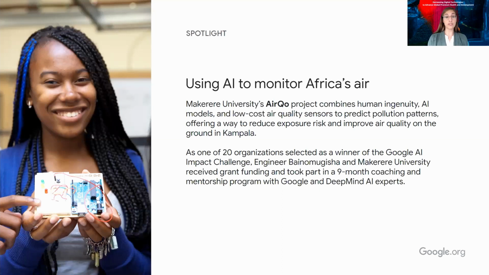And they're looking right now to think about how it can be scaled to Nairobi. We've supported them obviously with funding and also AI expertise. But I think that one of the most interesting pieces of this project is actually that the implementation itself is really where the innovation lies. The low-cost sensors, the installation of those sensors on taxis, and then they're also working to engage the community around particularly high-risk spots of the city, and also in places where the data has not really shown to be predictive.